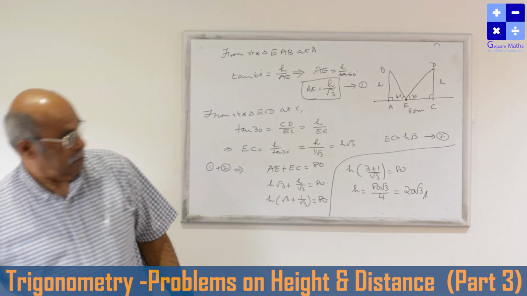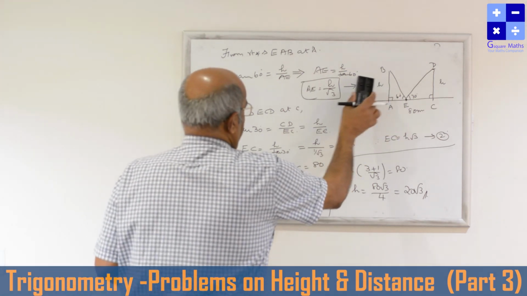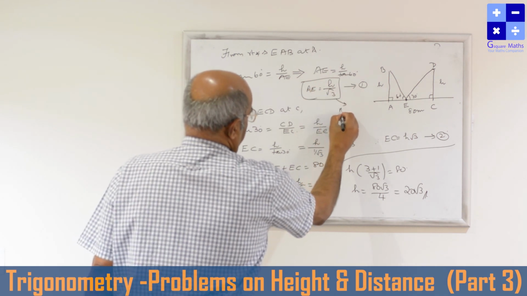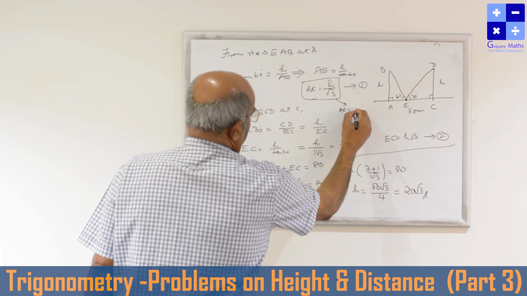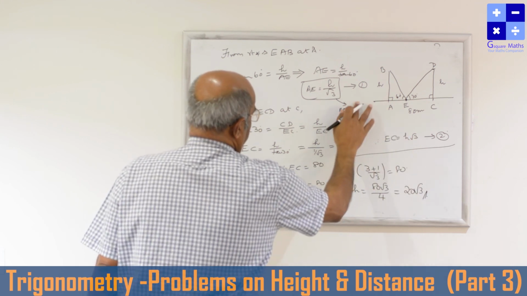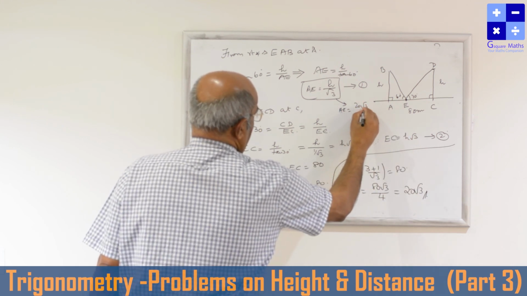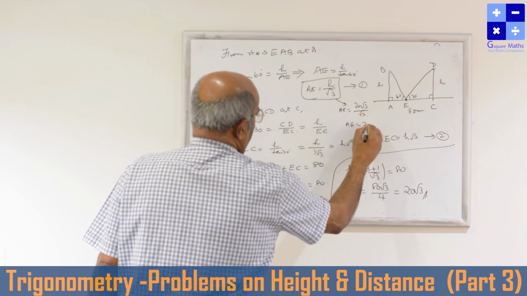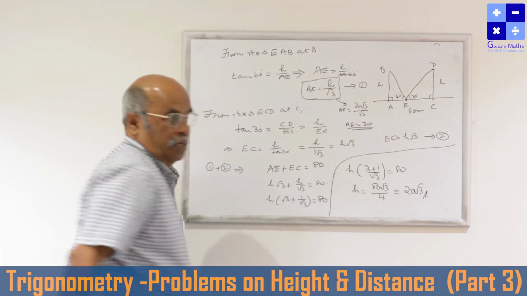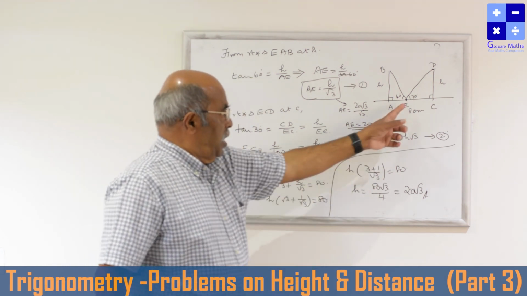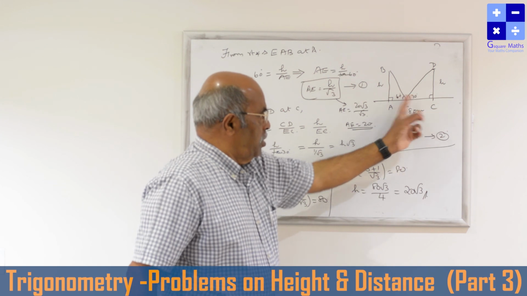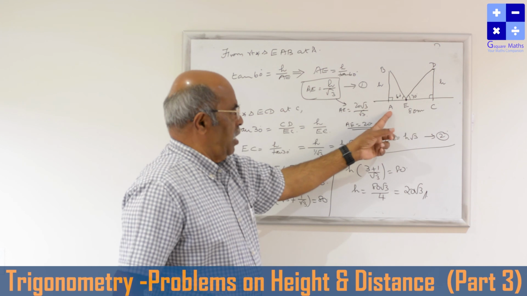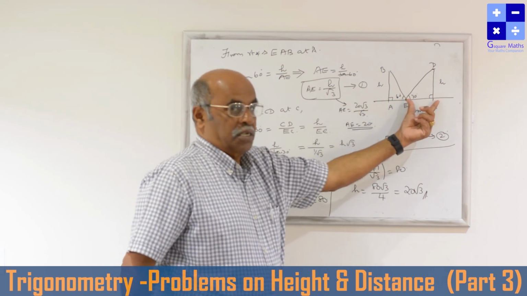And you have to find out what is the position of this. So, in this substitute AE is equal to H, 20 root 3 by root 3. Therefore, AE is equal to 20. So, E is a point in between this road, between AC, and E is 20 meters away from A. So, this is 20 and therefore this is 60.